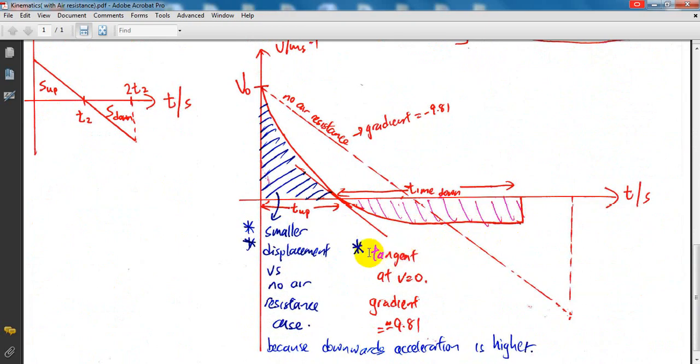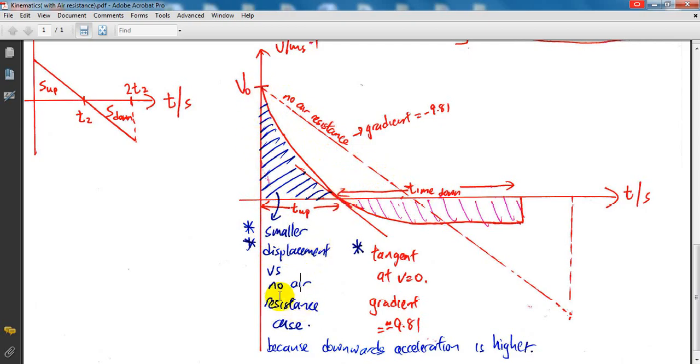Okay, so a few interesting things we can learn from this graph is that firstly, because of air resistance, when I compare the no air resistance case, which is this line, versus the air resistance case, which is this curve, I realize that if I start with the same velocity, the case with air resistance must necessarily cover a smaller height, right? Simply because of the area under the graph. The blue area here is definitely smaller than this large triangle that would be the displacement covered if I had no air resistance. So the first thing you observe is that there's a smaller displacement when there is air resistance,